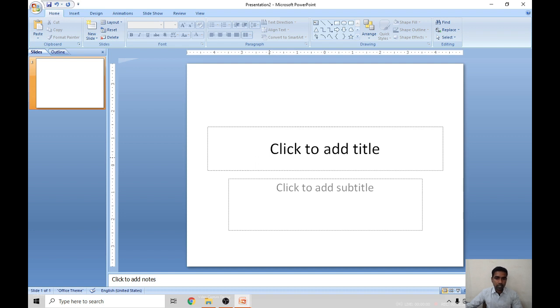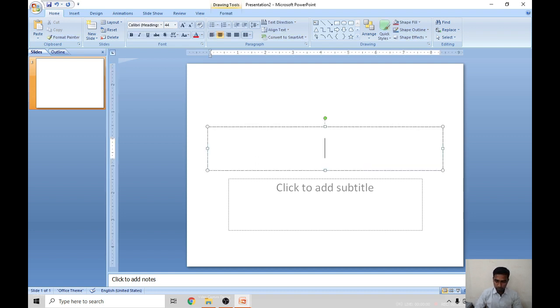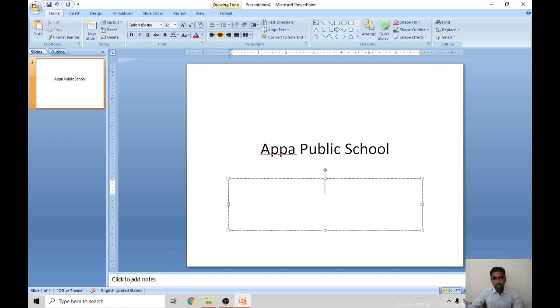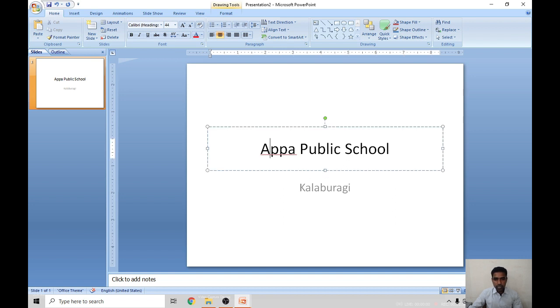First I will write in the title placeholder. First you have to give the title to the slide and then the subtitle of the presentation. On whichever topic you are doing the presentation, that subtitle you have to give. First you have to give the title, then you have to give the subtitle to the presentation. So this is how to add text in a presentation. So how to write in the presentation, right? Understood children?